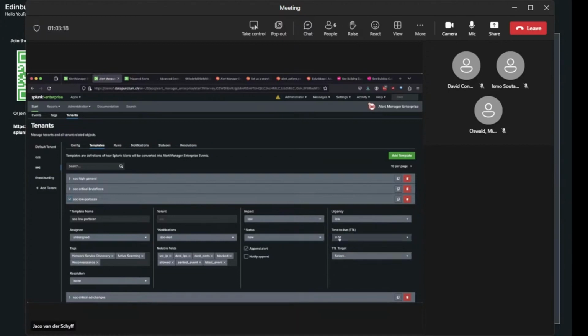Here we have the time to live at 1 day, which means that you can set that if this alert reaches this time to live and it is not updated, you can set a next target. Okay, so think about a use case like a vulnerability scanning exercise across your network. You have your vulnerability scanner. It runs every night. It picks up an open vulnerability. It creates an event within Alert Manager.